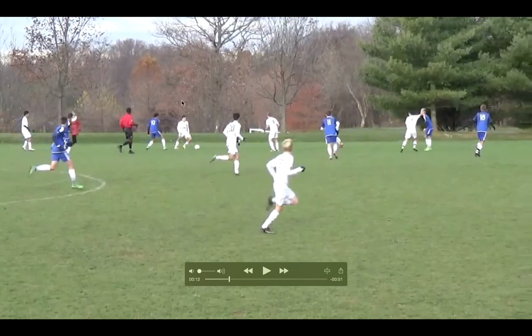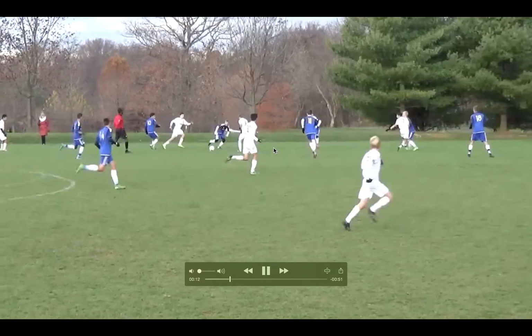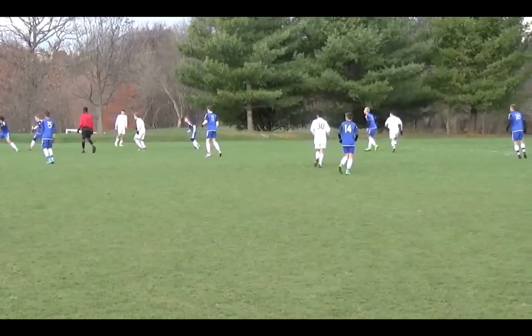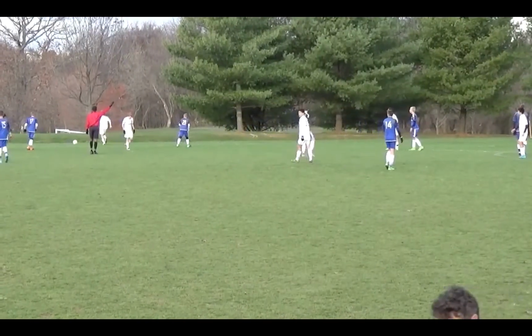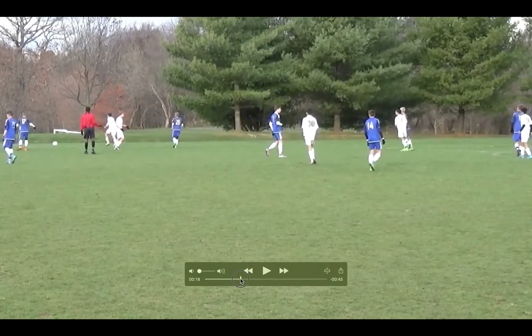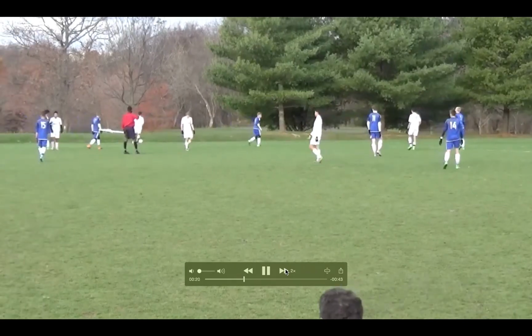Now, in this case, Cam's not getting in around. He's in a negative space here. Jack's underneath it in a good spot. But we have good triangle play, as you can see. We're in good gaps. Probably had an opportunity to play a long ball there, but we decided not to. And it goes out of bounds. Oops. And as we get the ball here,